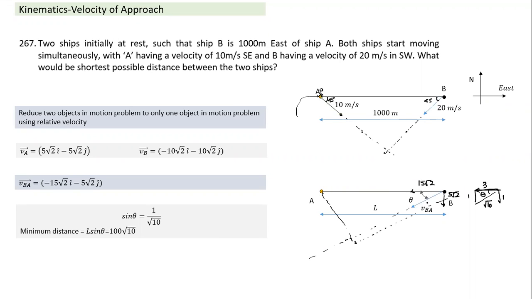What is theta here? Theta is the angle made by the VBA vector. If this vector is given, can you find the angle here? Yes. How do you find the angle here? Let me make it a little simpler. The ratio only is important for finding theta, is it not? So this is 1, this is 3. Yes, sir.